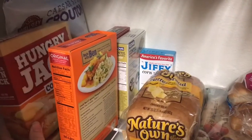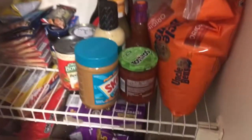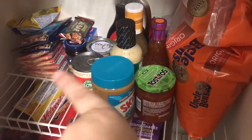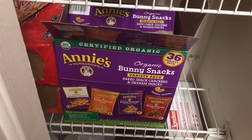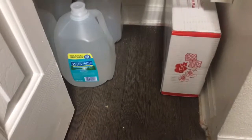Corn muffins, the pancakes are in here, croutons are there, and right here just some rice, salsa, peanut butter, salad dressing, sauces, tuna, some more popcorn, and then down here are my son's little bunny snacks that he's allowed to get once he asks, and some ramen noodles, and these are a box of wafers that I got for